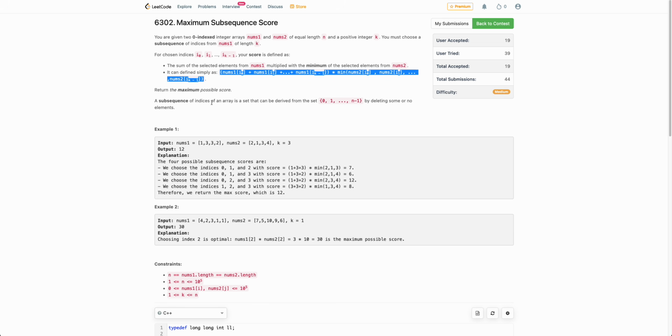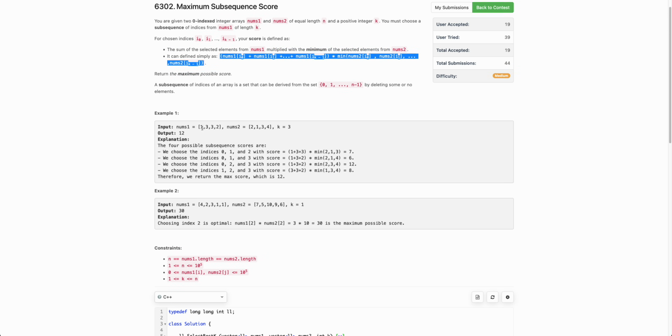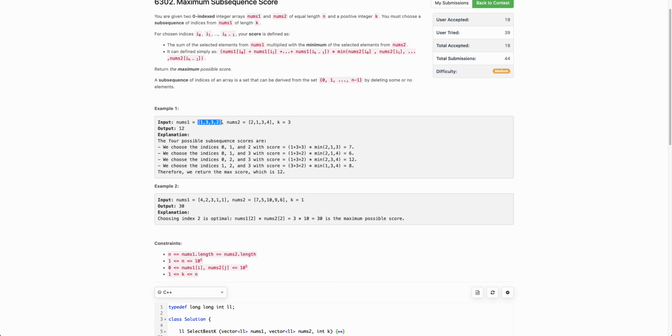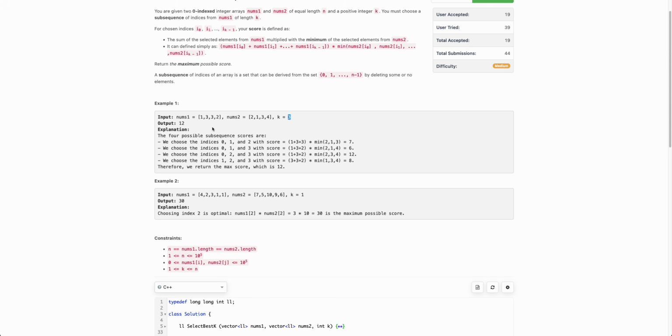Now let's take an example. Let's say this is nums1 and this is nums2 and k is 3, right? So you have to select a subsequence of length 3. There are four subsequences possible. First subsequence consists of indices 0, 1 and 2. Then the second subsequence consists of 0, 1 and 3, then 0, 2 and 3, and 1, 2, 3, right? So the score of this subsequence 0, 1 and 2 is defined as the sum of the elements chosen in nums1,